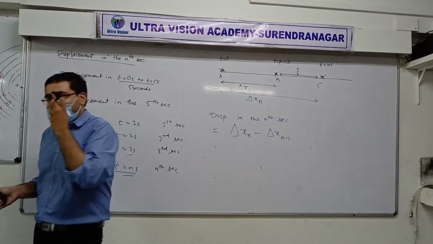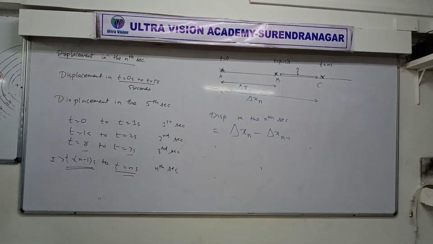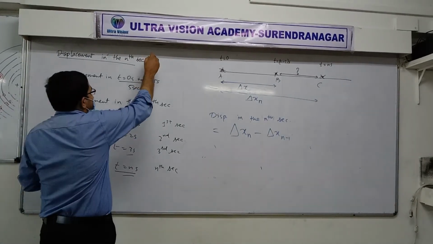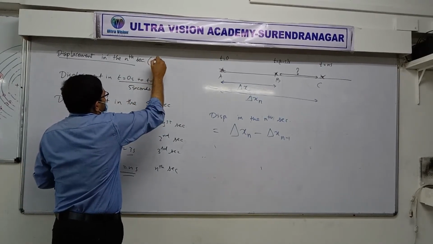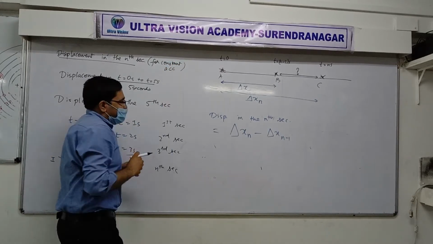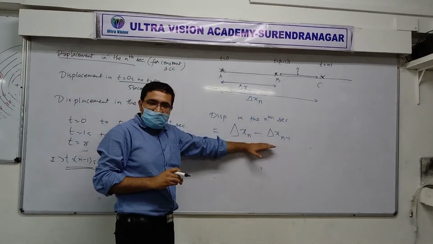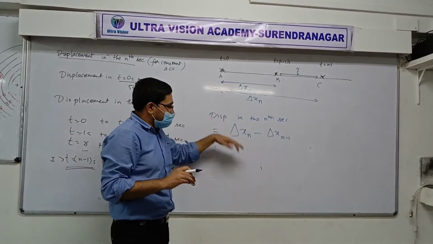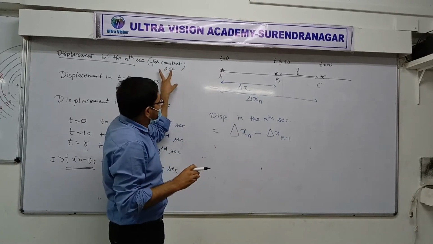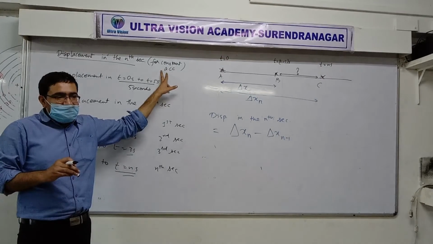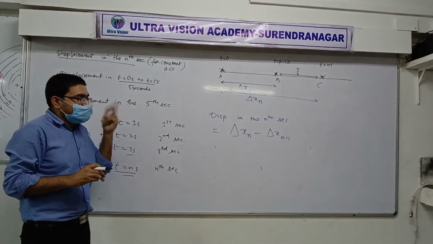How to find displacement in some given time interval? Use the equations of kinematics. If acceleration is constant, we are going to derive this for constant acceleration. We did not write it earlier because the general idea is applicable till here. Whatever we have discussed so far is true. But if you want to go further and derive a simple formula, then you will have to take the case of constant acceleration. Is that okay?